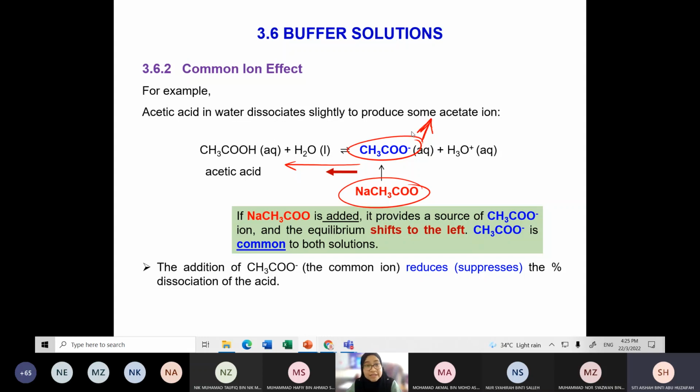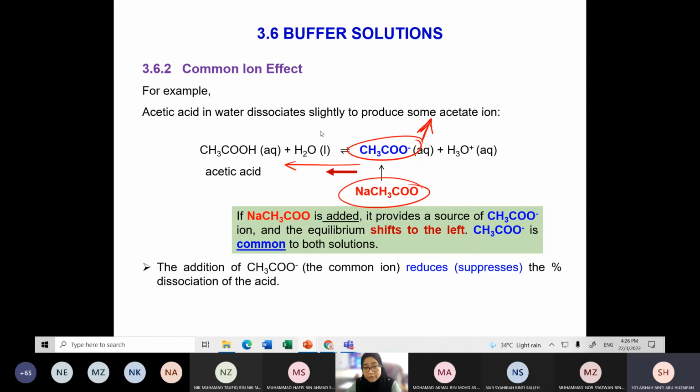Kalau ke kanan, dia dissociate. Faham? Acid dissociate to produce these two products. Tapi since dia pergi kiri, dia tak dissociate. Bukan tak dissociate, I mean dia suppress. Suppress means mengurangkan lah, ataupun reduces the dissociation of the acid because it is moving to the left, not